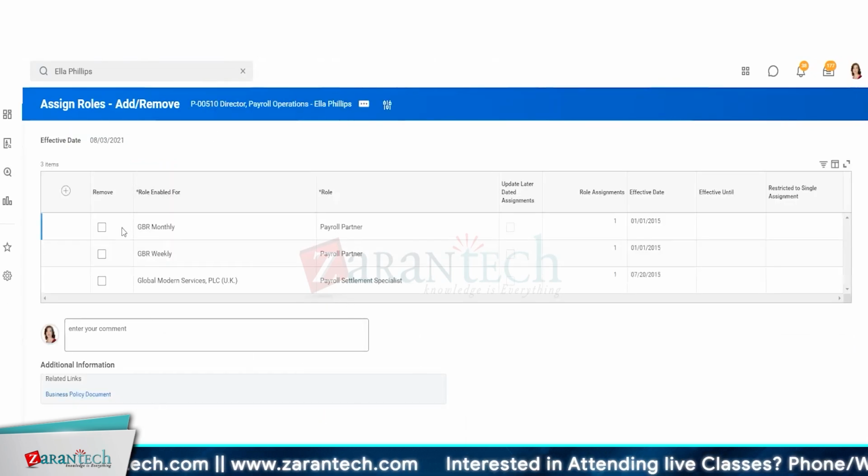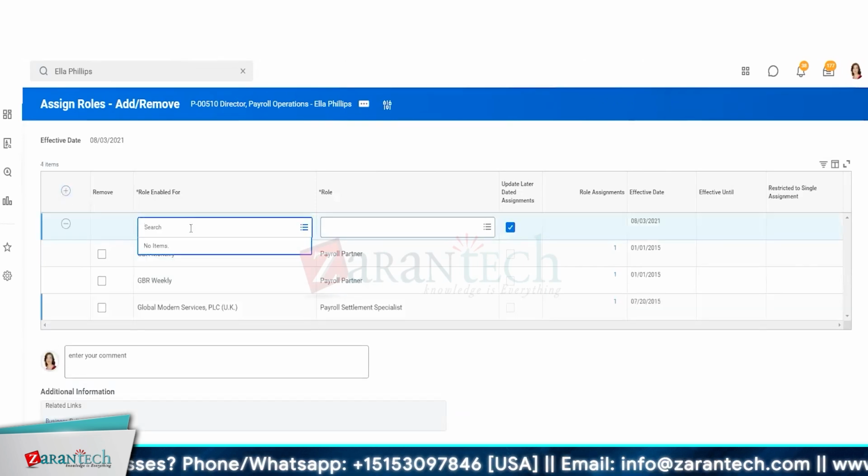I can look at the roles currently enabled for Ella. And if I'd like to add, say, so she is director payroll. So I would like to say